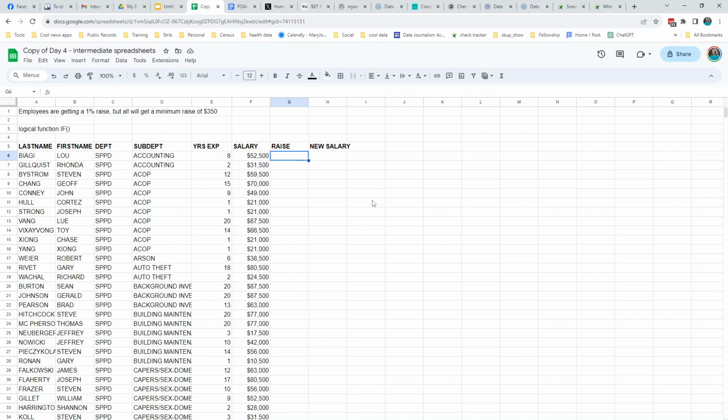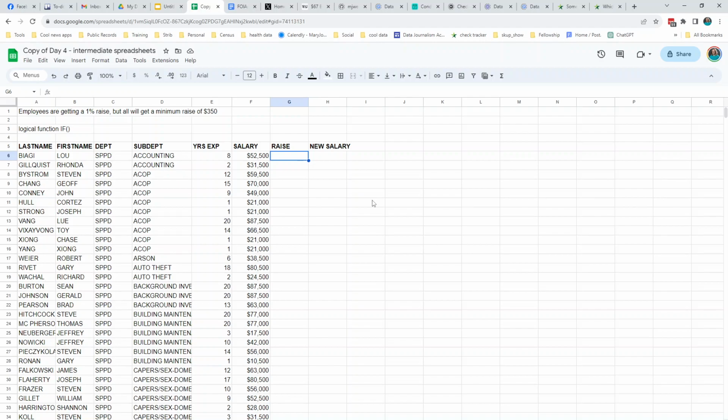department is going to get a 1% raise. But let's say 1% of their salary is less than $350, then they're going to get a flat 350. So it's either this or this, with a dependent variable in there depending on something. And so an if function allows us to evaluate the situation and say, well, which one is this? And then we can have it drop a new number into a new column, depending on which